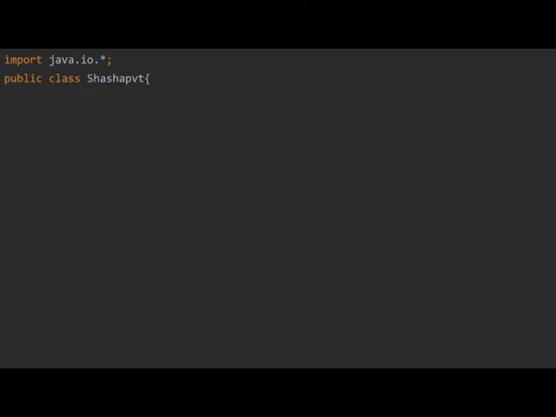With that, we should quickly create a main function. If you notice, I have written throws IOException. The purpose of mentioning this exception is to let the compiler know beforehand that there may be a case, while taking input from the user or while displaying something on the console, where there may be an exception. So the compiler should just ignore those exceptions and continue with the execution of the code.